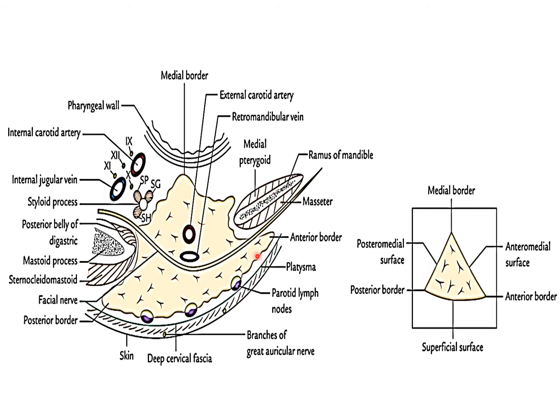The superficial surface or the lateral surface, this is the anteromedial surface. The anteromedial surface is deeply grooved and it is lying in relation to the posterior border of the ramus of the mandible, giving attachment to the masseter and medial pterygoid muscle. This is the posteromedial surface which is coming in relation to the mastoid process along with the attachment of the posterior belly of digastric and sternocleidomastoid and the styloid process giving attachment to the styloid apparatus.